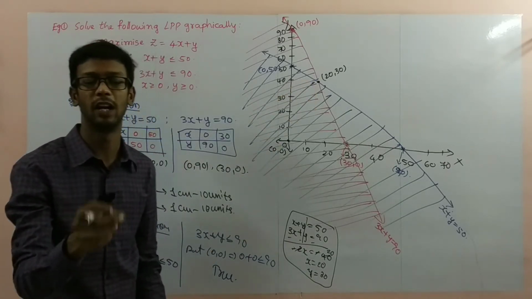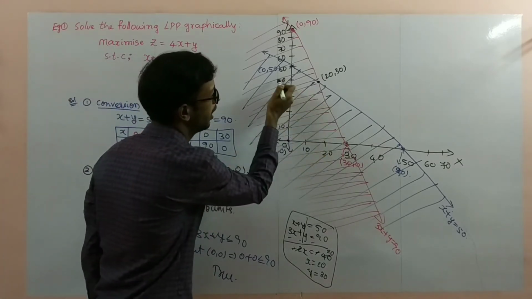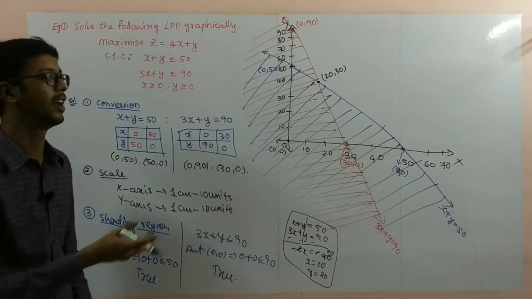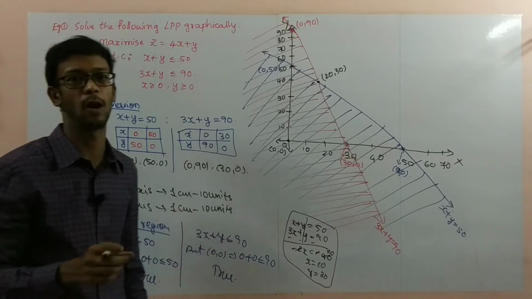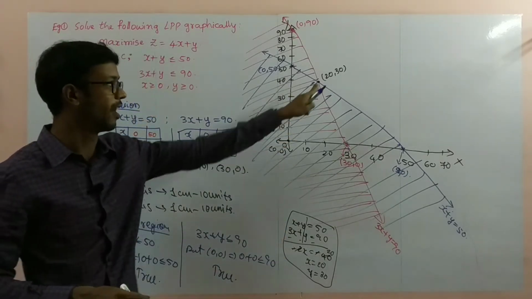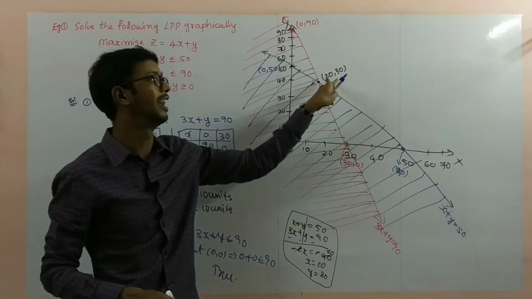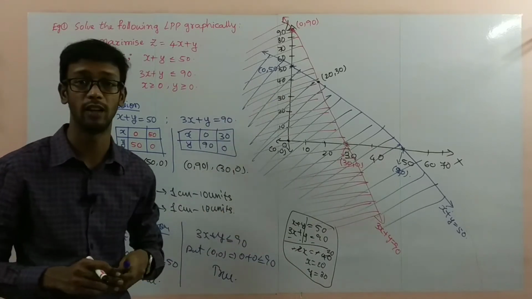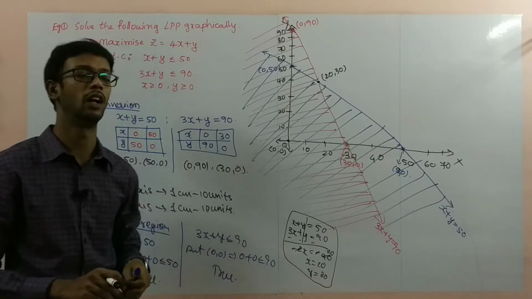By this also we can conclude that the intersection point is 20 comma 30. If we draw a proper graph, directly from the graph also we can take 20 and 30. But this is a rough diagram, we are not measuring properly here. If you do it on graph paper properly, you will get the correct point 20 comma 30. If not, you can use this method to find the intersection point and check whether that point is correct or wrong.